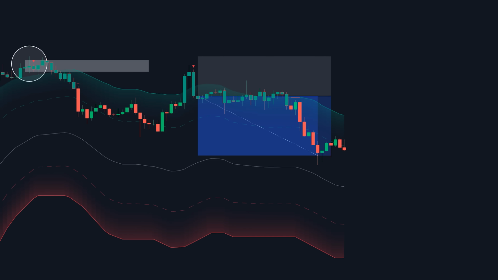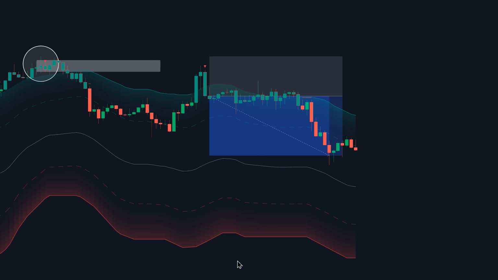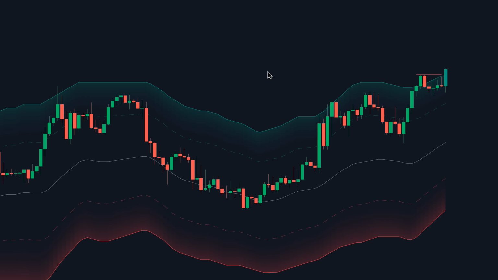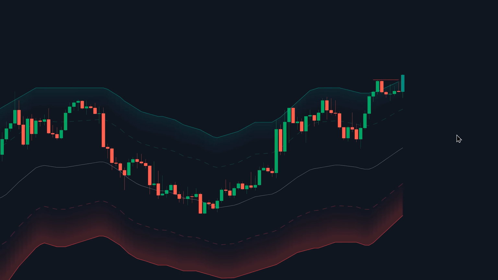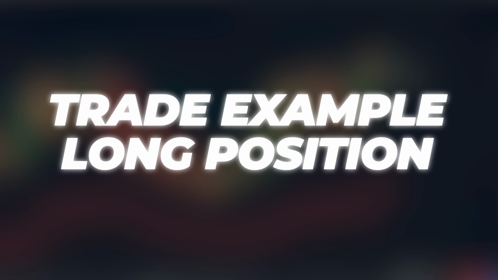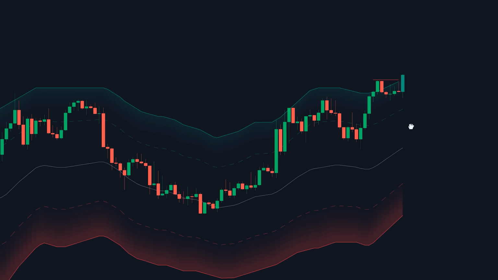Now, the next feature of this indicator that we can use to find ways to trade with it is the breakout levels, these red and green horizontal levels. So the way we're going to be using these to trade is right there in the name. It's a breakout level, which means we're going to be looking for the price to break and close beyond these levels to take positions. So for a long position, for example, you first of all want to ensure that the